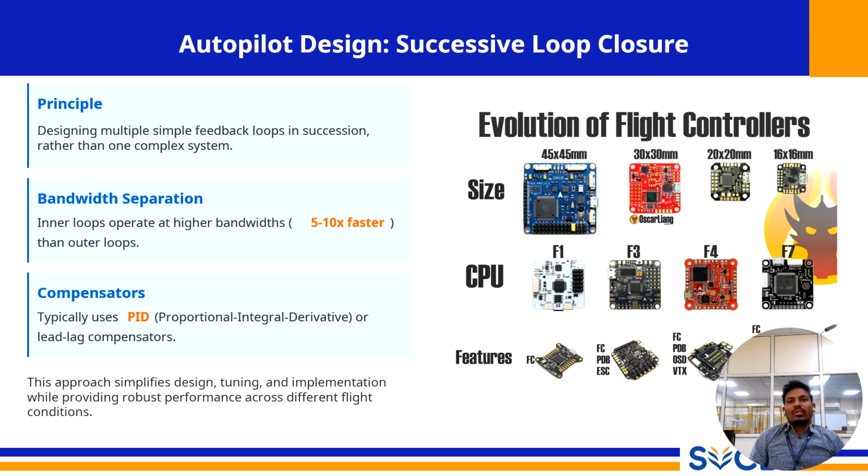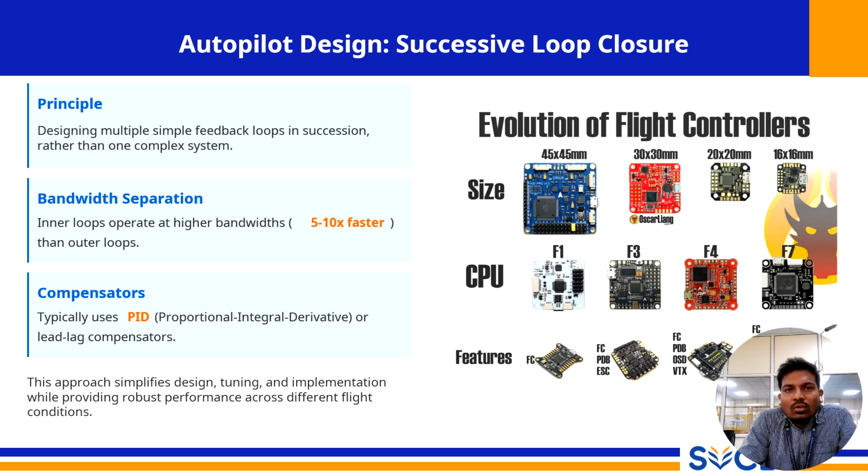The key that makes this approach work is a concept called bandwidth separation. The rule is that the inner loop operates at a higher bandwidth, 10 to 15 times faster than the outer loop. Here, bandwidth refers to how quickly a loop can react to changes. The innermost loop, which might be controlling the angular rates of the MAV, needs to be extremely fast to provide stability. The next loop out